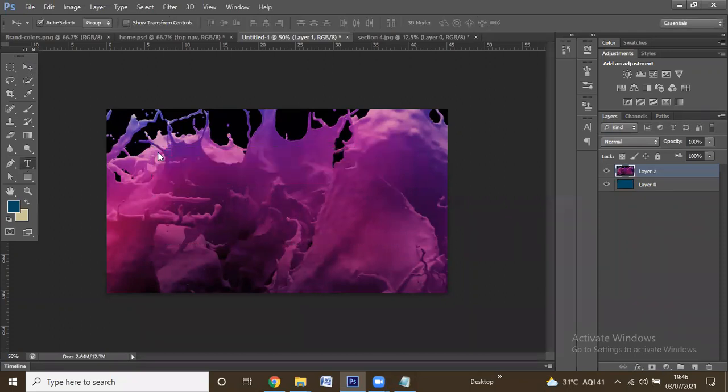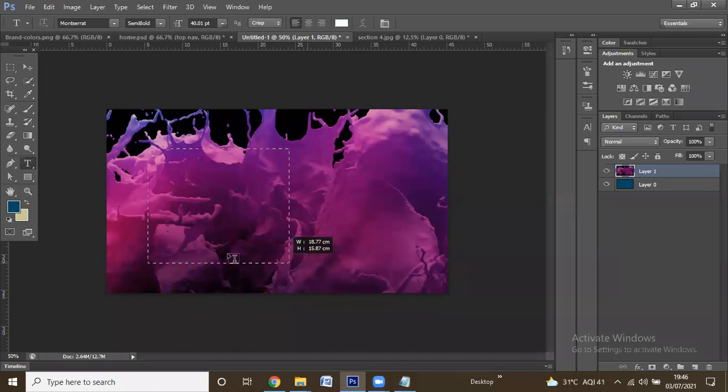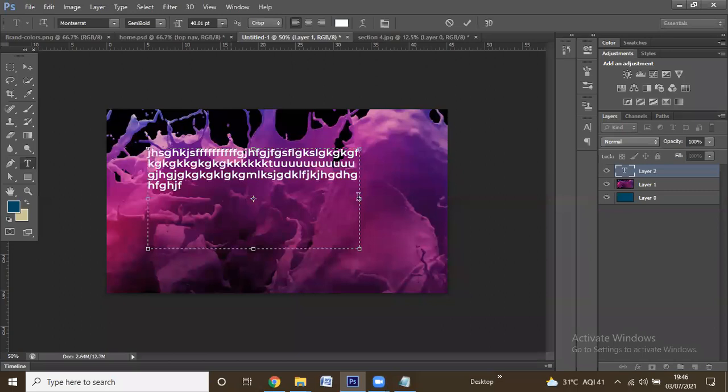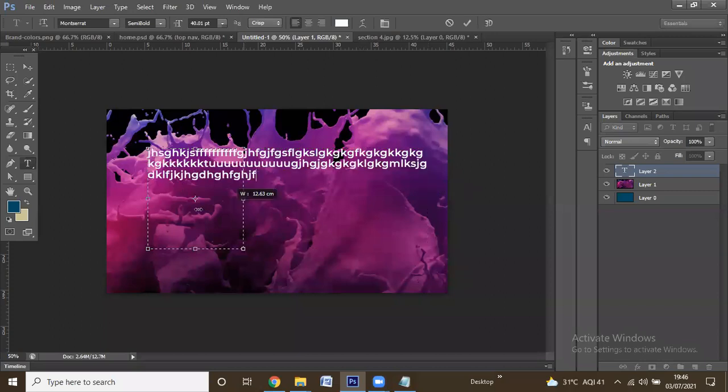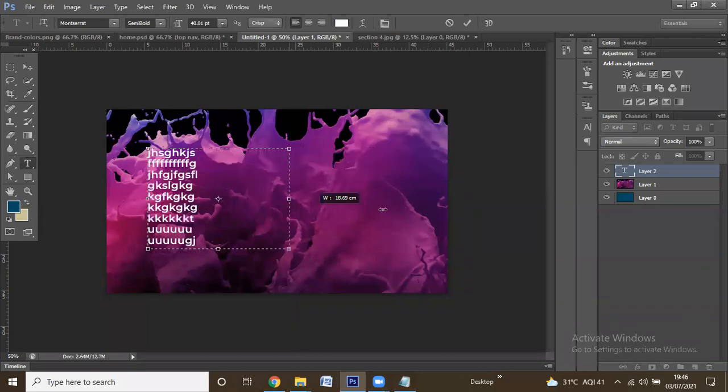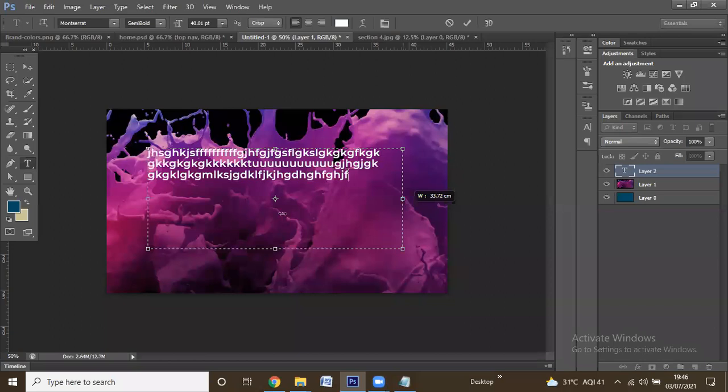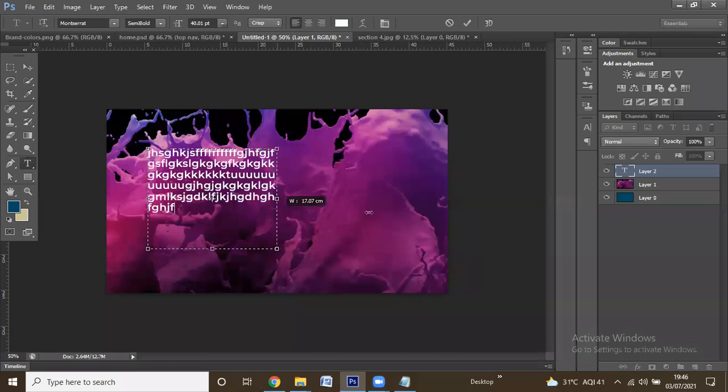So I am repeating the same thing. If you drag the text tool like this, or based on your requirement like this or like this, the text you are placing will be within the boundaries. With that you can simply resize the text, you can drag like anything. It will be within this boundary, and you can place it anywhere.